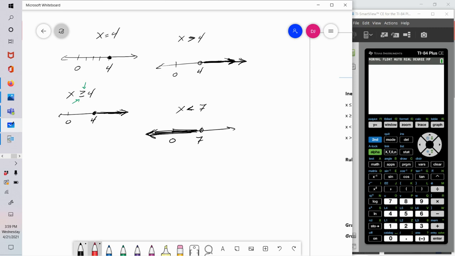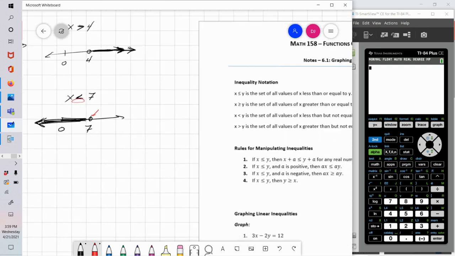When do I have the open circle and when do we have the closed circle? The circle is open or closed depending on whether we can equal the 4 or the 7 or not equal the 4 or the 7 or whatever the number is. The less than sign or the greater than sign is what indicates the shading in one direction or another. Okay, so